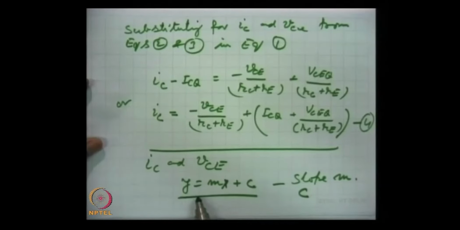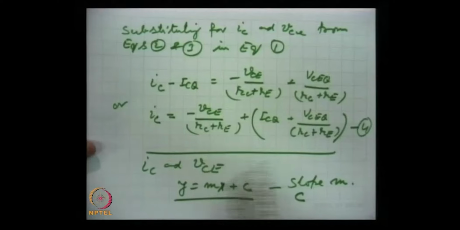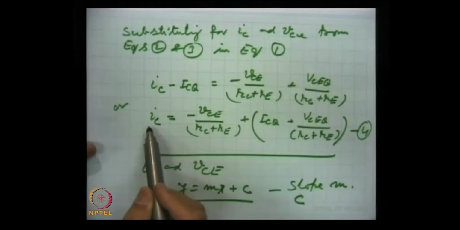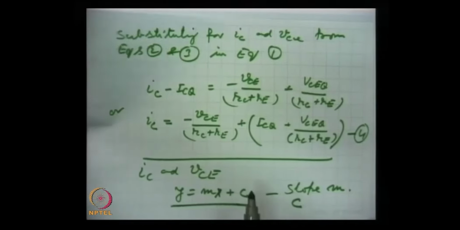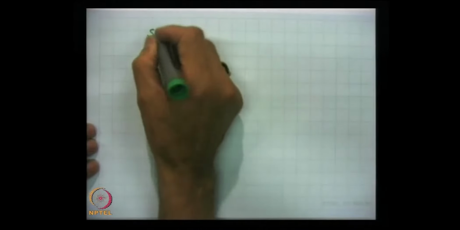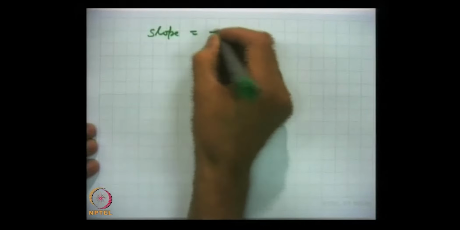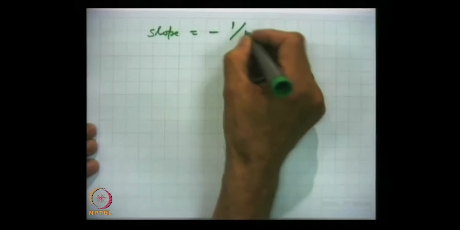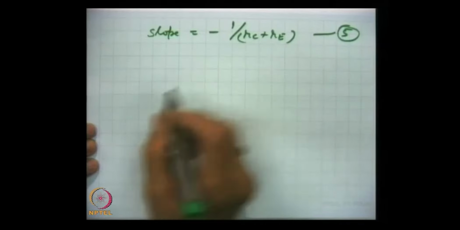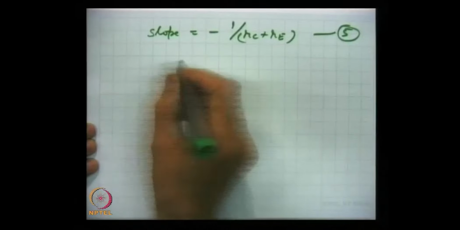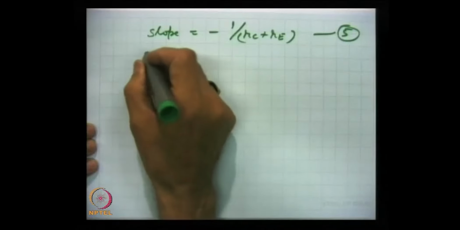So this will have a slope. This is the equation of the straight line, like y is equal to mx plus c, and this can be plotted by taking IC equal to 0 or VC equal to 0, the 2 points. This is how straight lines are plotted. So the slope of the straight line will be minus 1 by RC plus RE. This we call equation 5, and the vertical intercept, I will plot this line actually, and